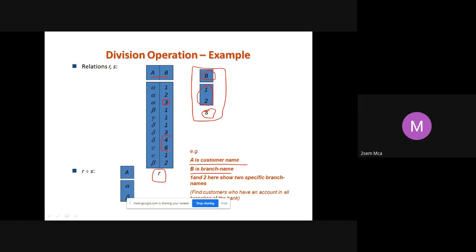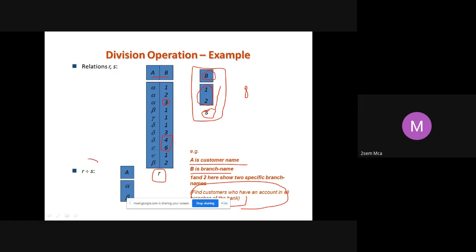I have 4, I have 6, but I am not taking them. It is a subset. So I need not take everything, but I should take only something which is there in this R table. I cannot take what is not there. Suppose I take 8 here, then that will become wrong. Now, find the customers who have an account in all the branches of the bank. That is the kind of query that you will be trying to answer using this division operation.